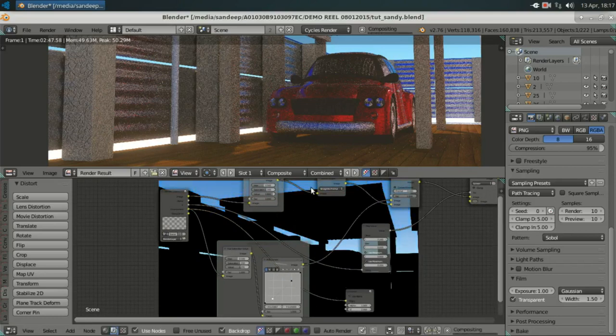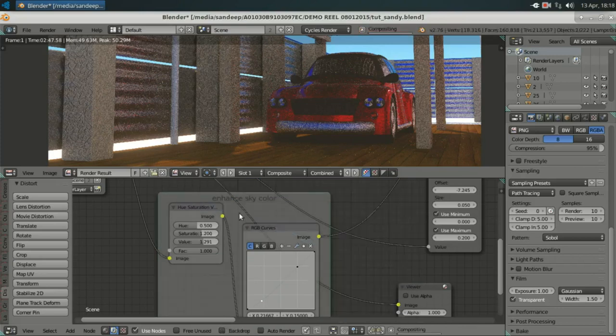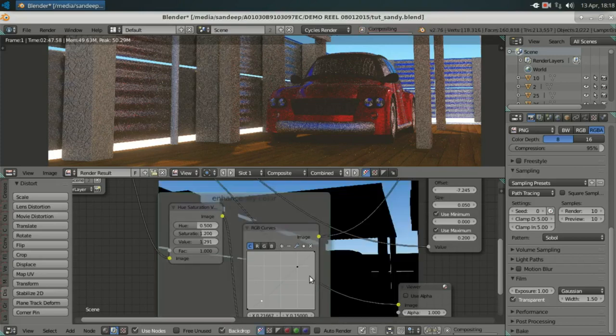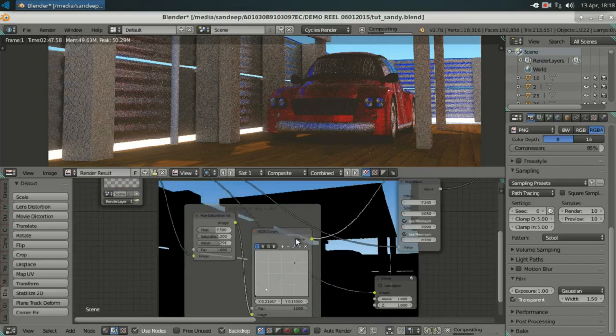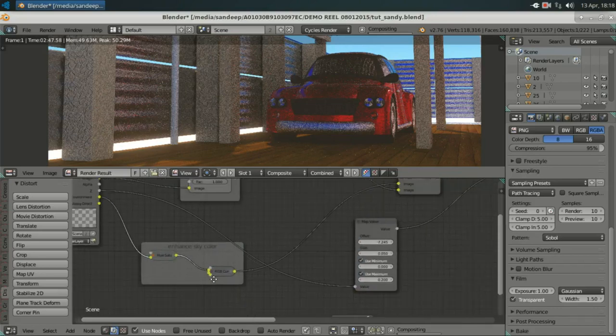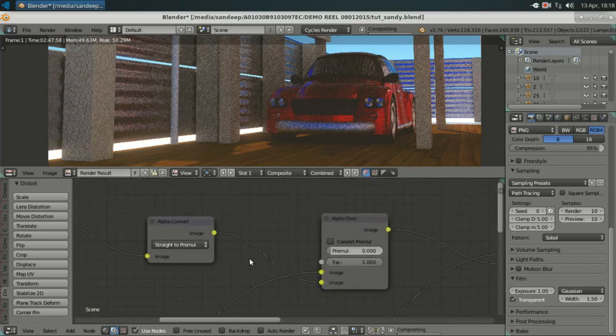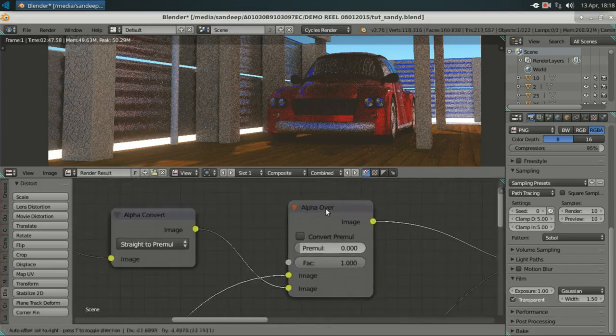This is the original sky color, and we enhance it by using this node. So alpha node, alpha over,